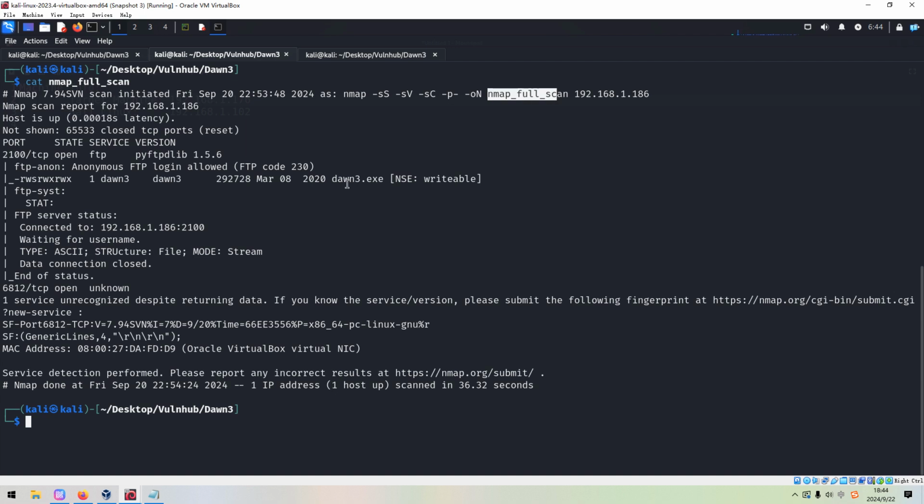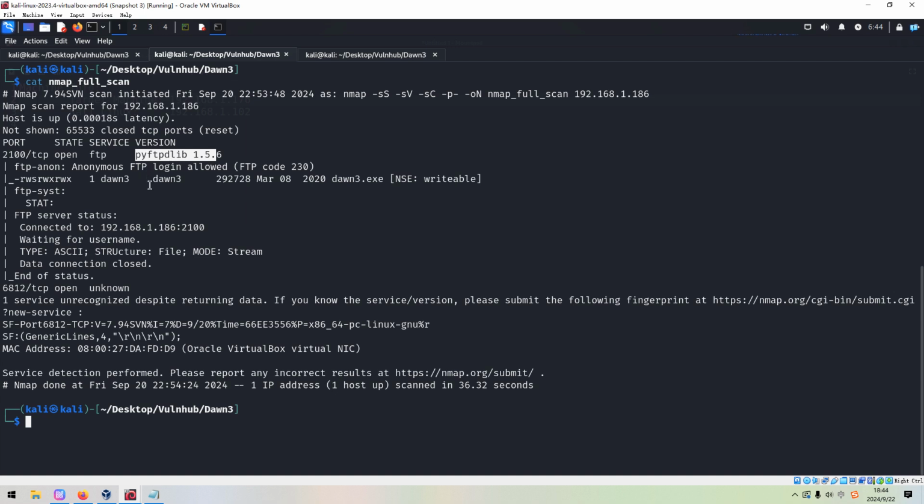So from the Nmap scanning, we can tell that the target has 2 open port numbers in total. Let's take a look at them one by one. The first one is 2100, which is running FTP service. This is a very unusual port number for FTP service, and also the version information.